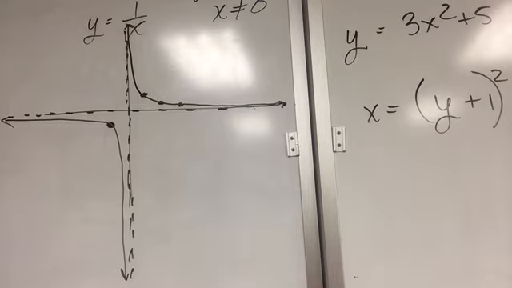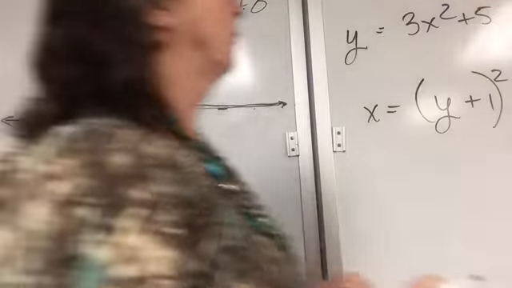Yes, sir? So you just plug in whatever point you want to? Well, you plug in a couple starting points, but you should know the shape so that you don't have to do a lot of that. Okay, the shape. So basically, if I go to -10, it's going to be -1/10. All right, so that's pretty small. If you go out to -100, it's -1/100. Okay, so it's going to get closer and closer, but it's never going to touch.